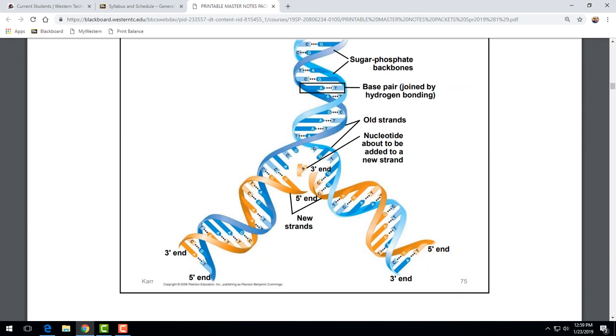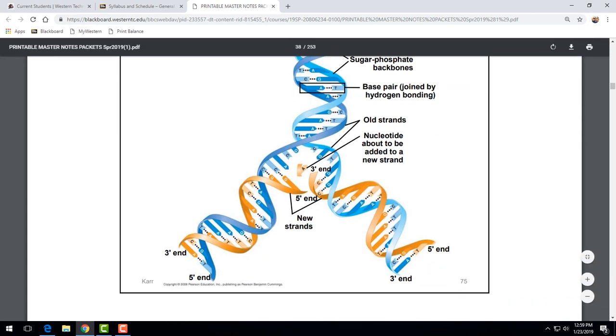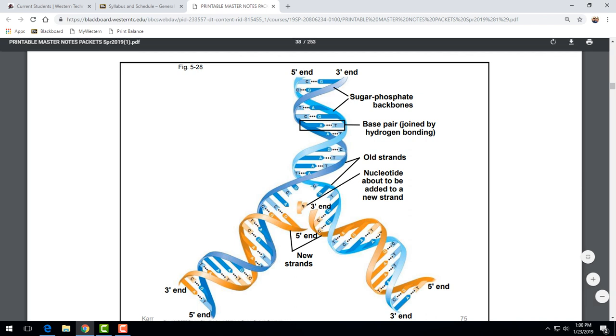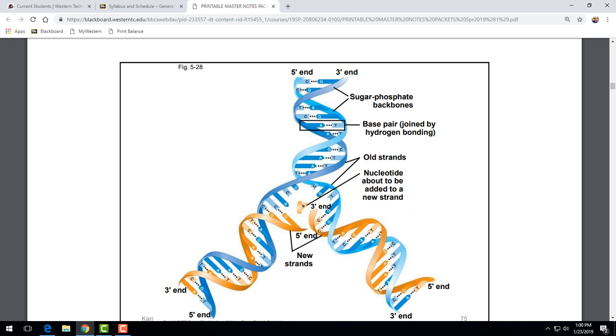experience. So here we can see in a more simplified way the sugar phosphate backbone, or sides of the ladder. And then in the center, we have the nitrogenous bases. The A stands for adenine, the T stands for thymine, the C for cytosine, and the G for guanine. So what holds the two sides of the DNA ladder together are the hydrogen bonds between those nitrogenous